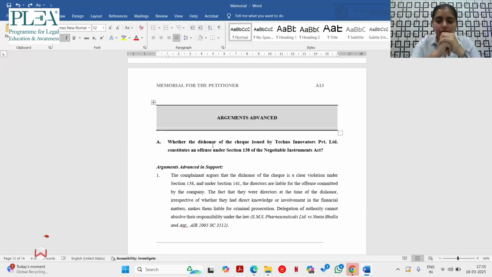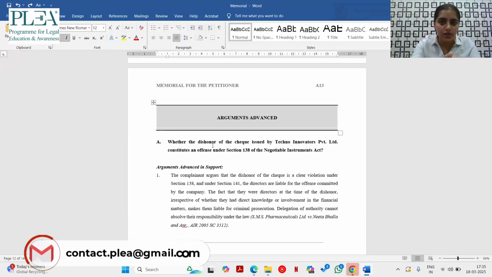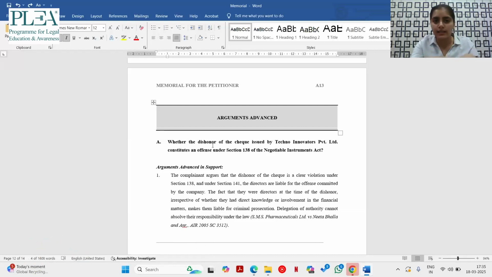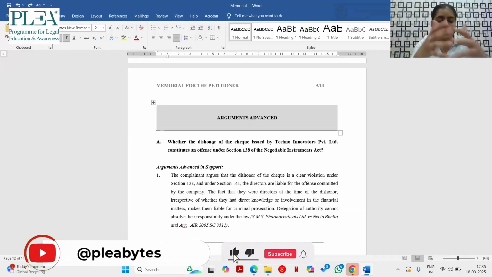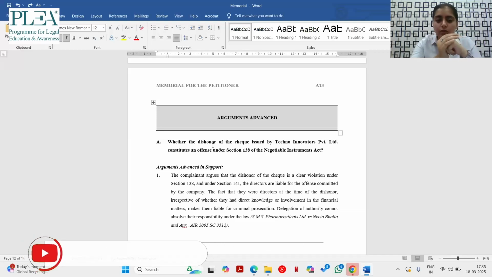It is obviously my suggestion that you can start laying down the foundation by first introducing your facts, that is, what are your facts of the case in favor of this issue. Obviously I have not drafted it in detail in the present memorial because I wanted to discuss it with you guys first. So if I were writing this memorial while drafting, first I would have written